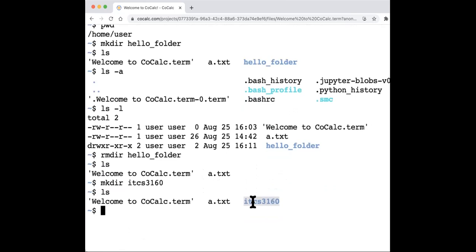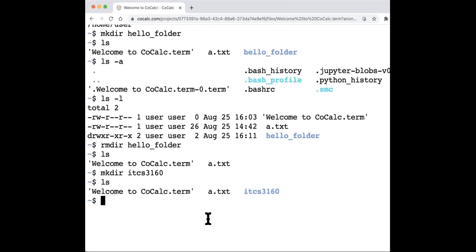Now, because this is a folder or a directory, I can go inside it. So where am I right now? Well, I can do pwd. You can see I'm inside user, which happens to be inside home, which happens to be in the root folder. So it's the first folder. I'd like to go inside ITCS3160. I can do that by doing CD, which stands for change directory. And I think some students mentioned this before. We can do CD space